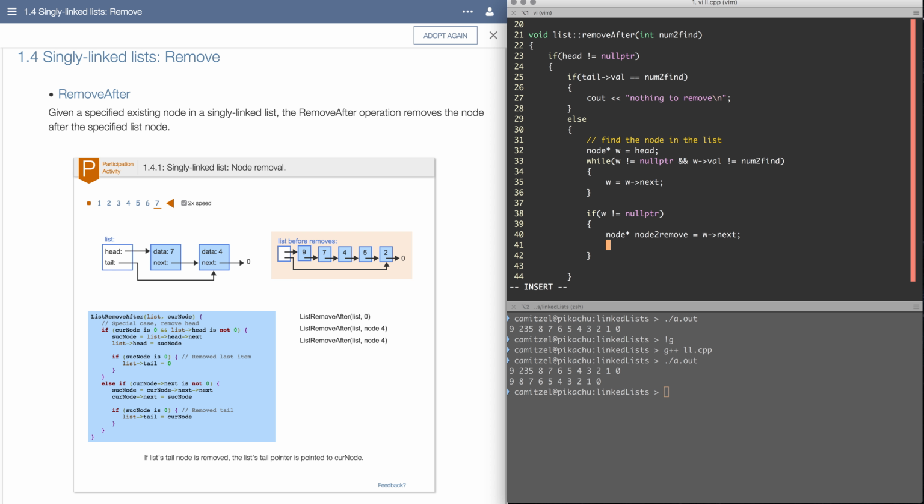and then after that we can actually do our whole little skip over the node that we saw before, right, with the green line. So to do that, all we need to do is basically say w arrow next is going to equal node to remove arrow next, right? So that's going to skip over the node to remove. So we have now skipped over the node to remove and attached w to the following node. And after we have done that,